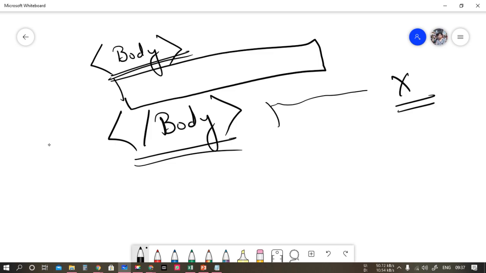Can you hear me, students? Yes, sir. Okay. So everything, please make sure that this backslash, this greater than, lesser than, all these symbols are there.